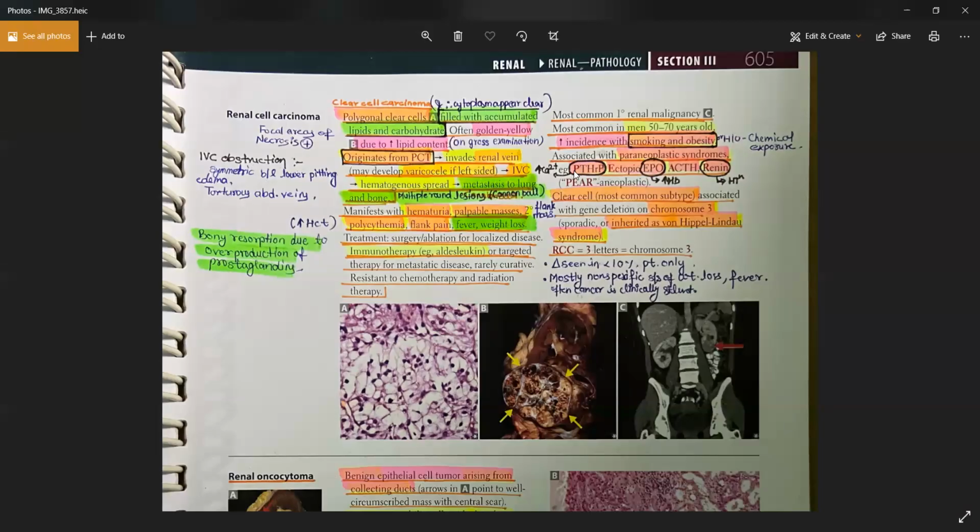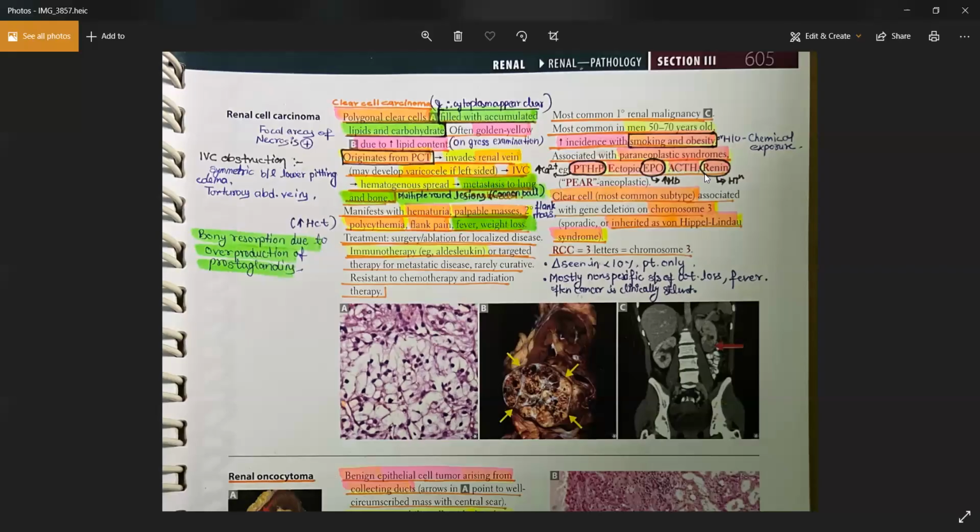This tumor can release parathormone-like peptides, so you'll have bone resorption with hypercalcemia. The patient can have ectopic EPO, so hematocrit will be increased. ACTH could be released, right? What other tumor can release ACTH? Small cell lung cancer. And what disease can you get because of an ACTH-releasing tumor? Cushing syndrome. Not Cushing disease, but Cushing syndrome. Two different things.